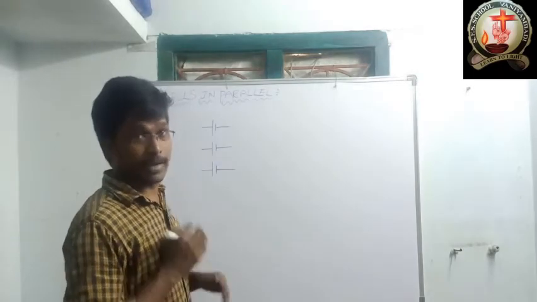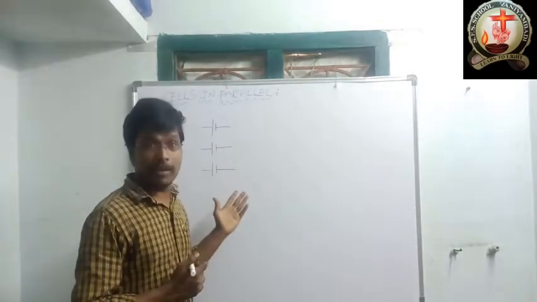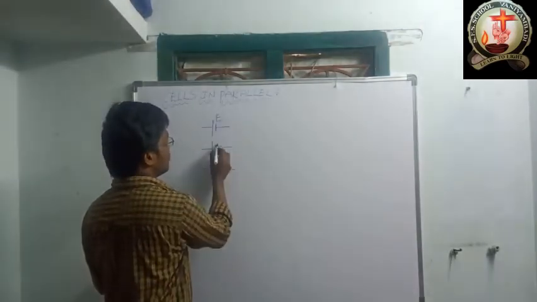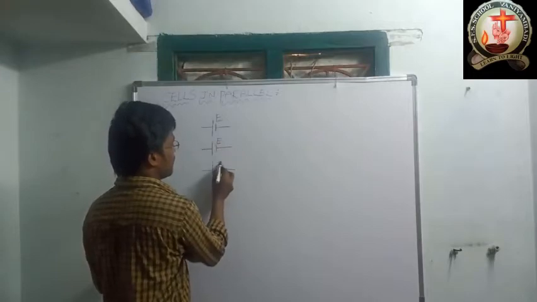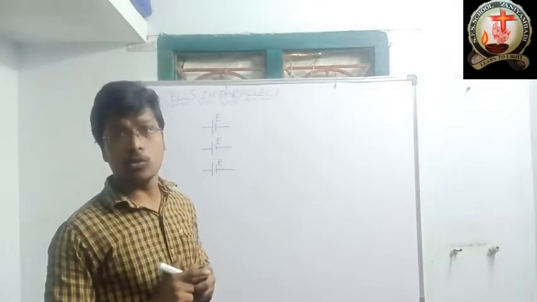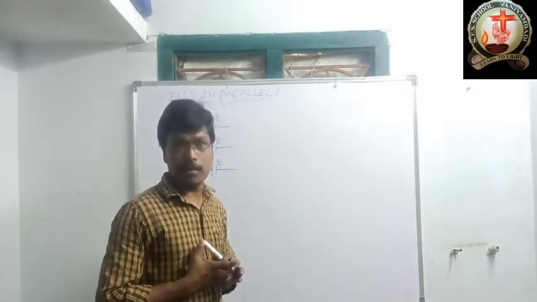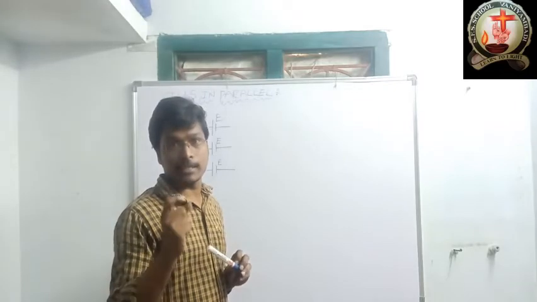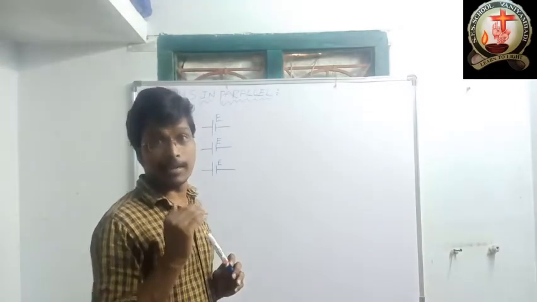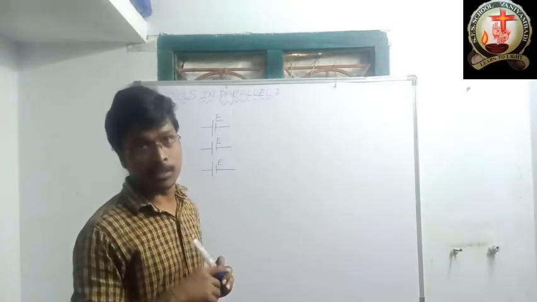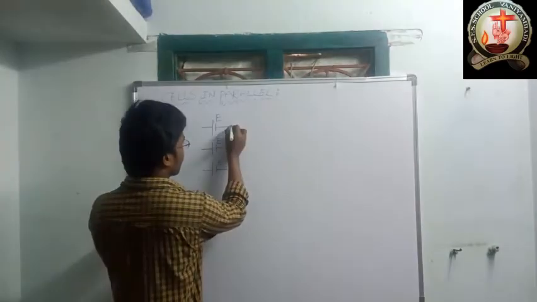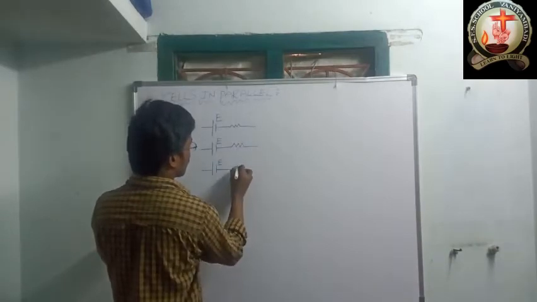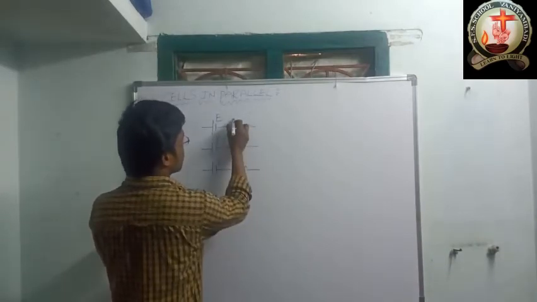Let us consider n number of cells, each cell having an EMF E. So this cell EMF is E, this cell EMF is E, and this cell EMF is E. And I told you already, each and every cell has one individual resistor, correct? That resistance we should call the internal resistance. So that also I am drawing here. So this is the resistance.